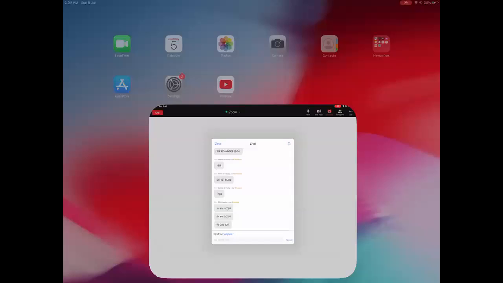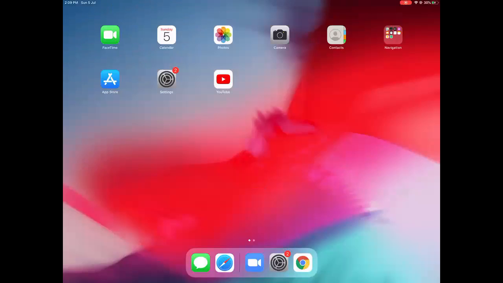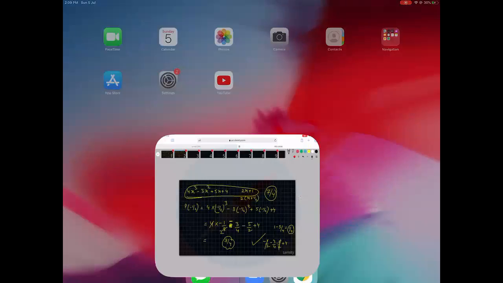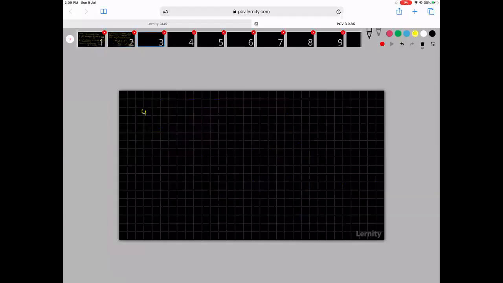Second sum, you want me to do it carefully again? Let me do it carefully again. So the question is 4x cubed minus 3x square plus 5x plus 4 is divided by 2x plus 1. Okay. So now 2x plus 1, it will become 2 times x plus 1 by 2. So the remainder is the same as when this is divided by